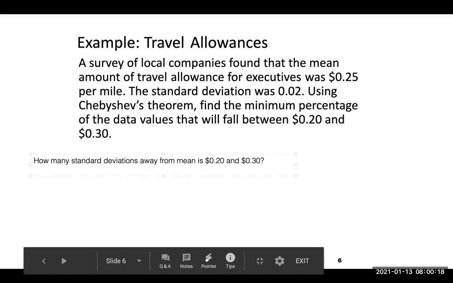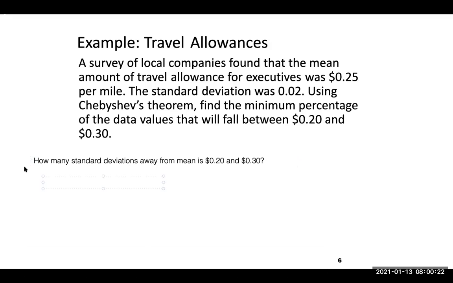So what we can determine is that the low value is 20 cents, 20 cents minus 25 cents. So that means that they were 5 cents away, right? But then if we take that,